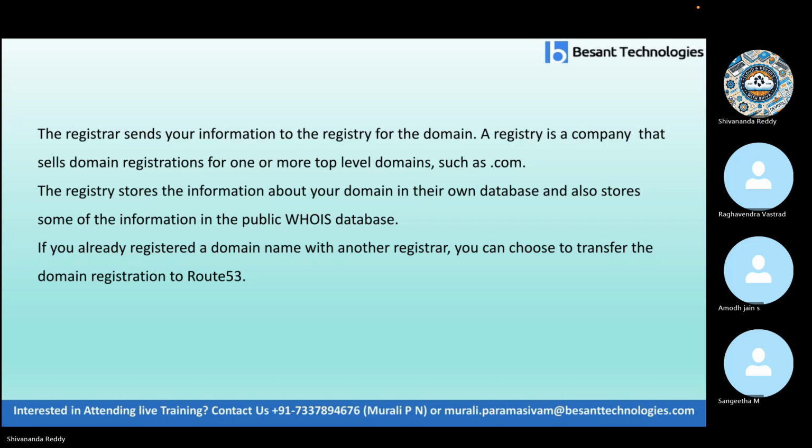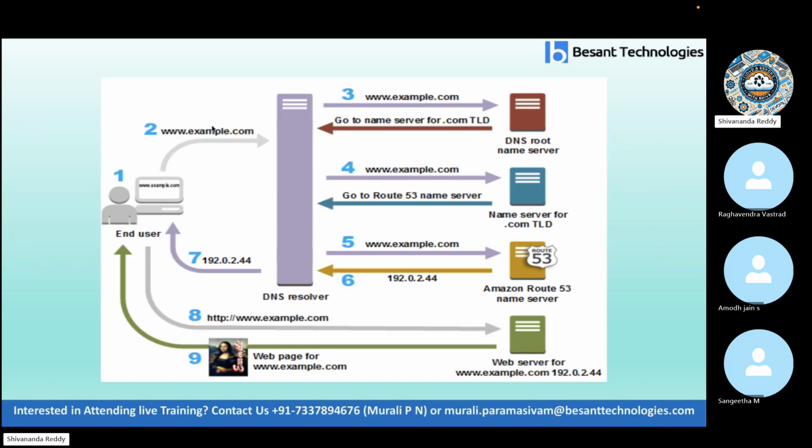Okay, like this. Look at this diagram. This is going to give some clear idea. Here the end user, like you guys, when you open your browser and type www.google.com or example.com in the browser, then it will go to the DNS resolver. Once the DNS resolver receives this particular domain, I mean the website name, this will, third step you can see,